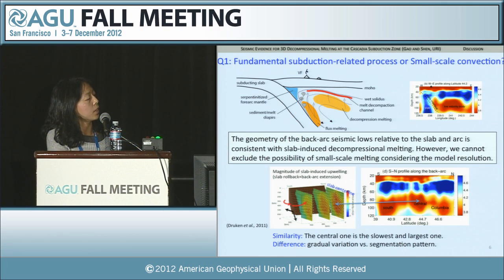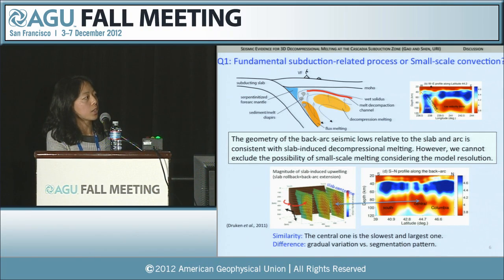Backarc extension. So what you are looking at is half of the subducting slab. This is the central wedge. This is the edge of the slab. The color scale shows the magnitude of the slab-induced melting. As you can see, the magnitude of the upwelling is strongest in the center of the slab, and then gradually